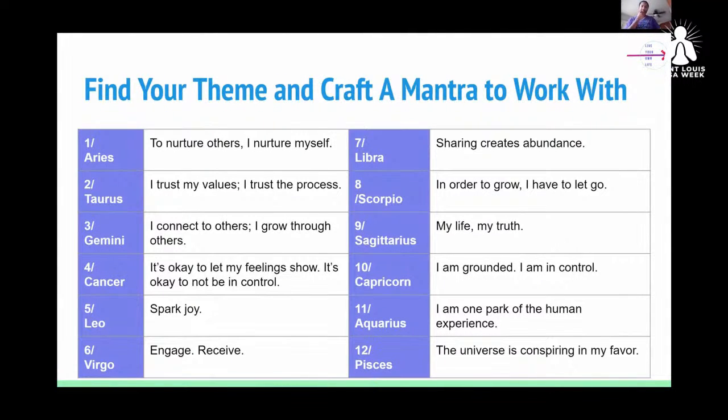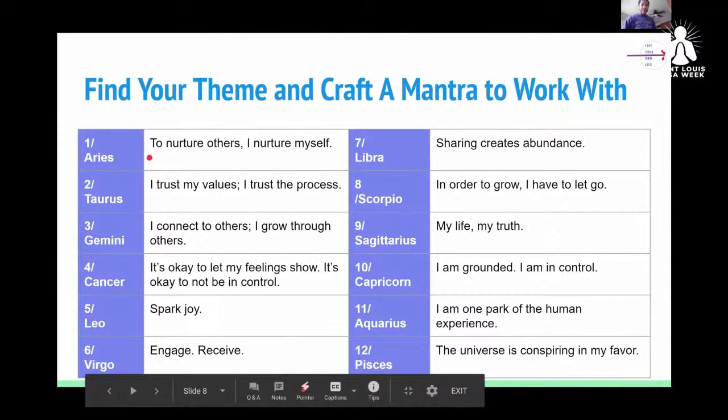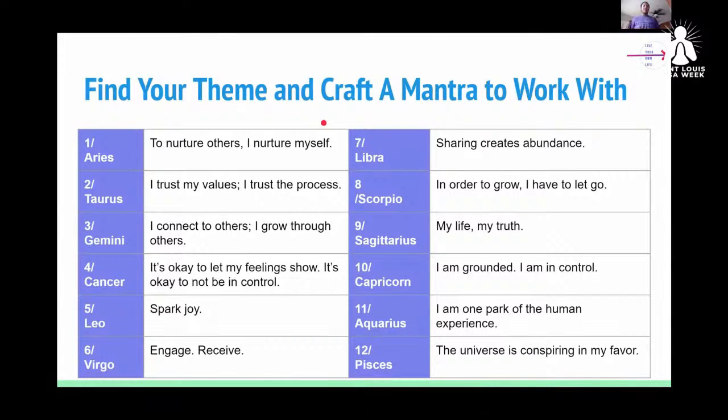The reason that I offer these not as specific mantras, you could certainly just start with one of these, is that you'll likely want to customize it a little bit, because you know your life best, without spending time doing a full chart reading. There's nothing that I can know about you more than you will know for yourself. So, as with a North Node in Aries, the general theme here is: in order to nurture others, I need to nurture myself.